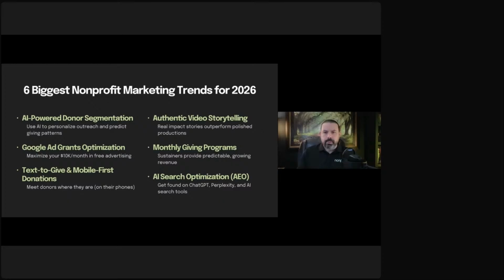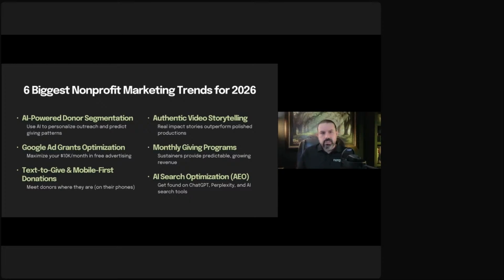Also, Google Ad Grant optimization. A lot of you know about Google Ad Grants. Some of you have a Google Ad Grant, but it hasn't really been working for you. So this year, what we're finding is a lot of folks are looking to just figure this thing out. How do I better use this $10,000 a month that Google gives me to create traffic and generate donors and more participation in my organization? In previous years, it was a big deal to get a Google grant. But once people find out, okay, I've got the Google grant, I'm running my ads, they find out that it's really not working for them because there are a lot of parameters around that, and we'll talk a little bit about that later on.